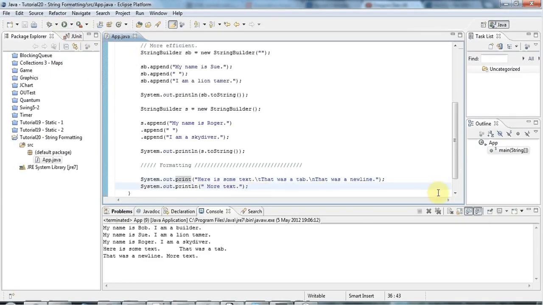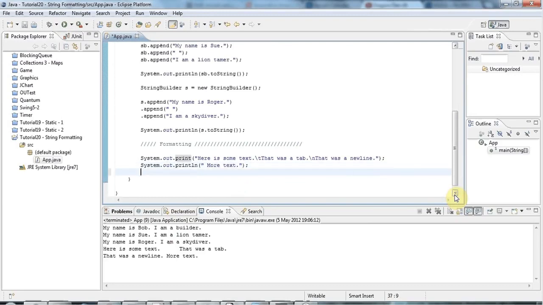So that's pretty simple, but there are some methods that take a string format, and an example of that would be if I do sys out here, then I can change this from println, print line, to printf, print format. And the way that works is you can have a string here, and you can embed in it special formatting characters, and the two most useful, maybe three most useful, are